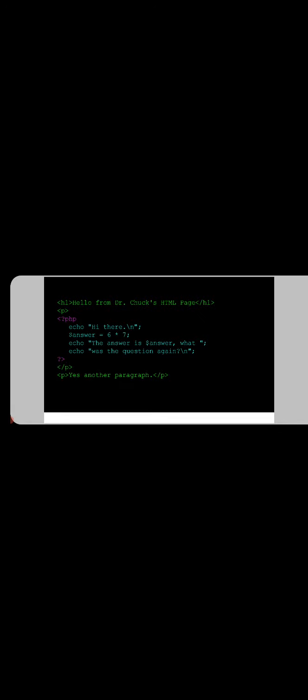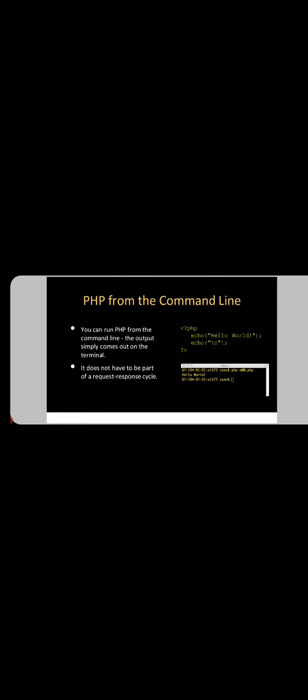Next, PHP statements or PHP code is inserted in between less than question mark PHP and question mark greater than. This is the syntax. And one more thing, PHP code is generally used within the body tag only, meaning all the PHP code should be written within the body tags only. Next, this is another example of using some PHP code in an HTML program.